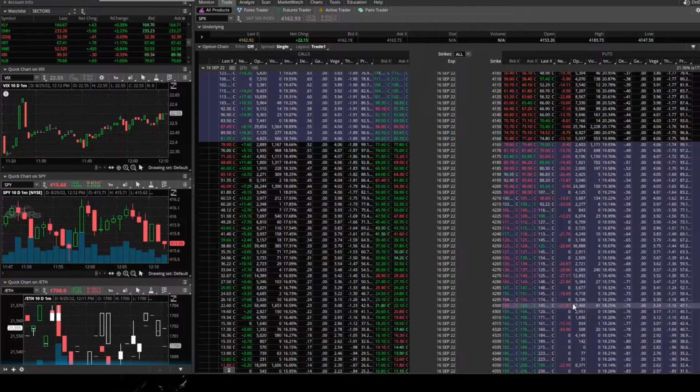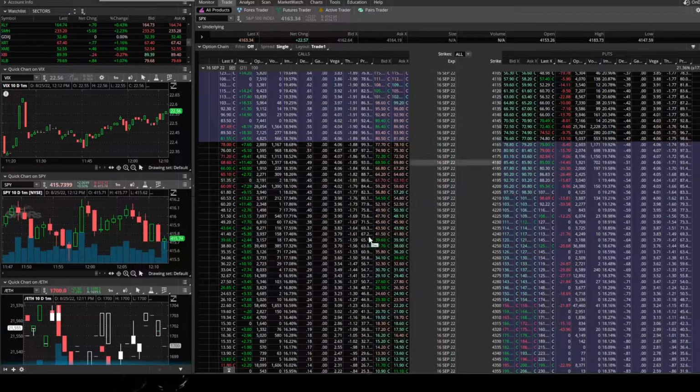I can definitely see tomorrow, after the announcement, maybe the market was over-hedged for tomorrow. We see the VIX come down, forcing all these deltas to diminish. If the market goes up, all the deltas on these in-the-money puts are going to go down. So what does that mean? That means the market makers will have to buy some of that underlying to even out their deltas, to delta hedge pretty much. So they're going to be buying to delta hedge. We could see a pop.